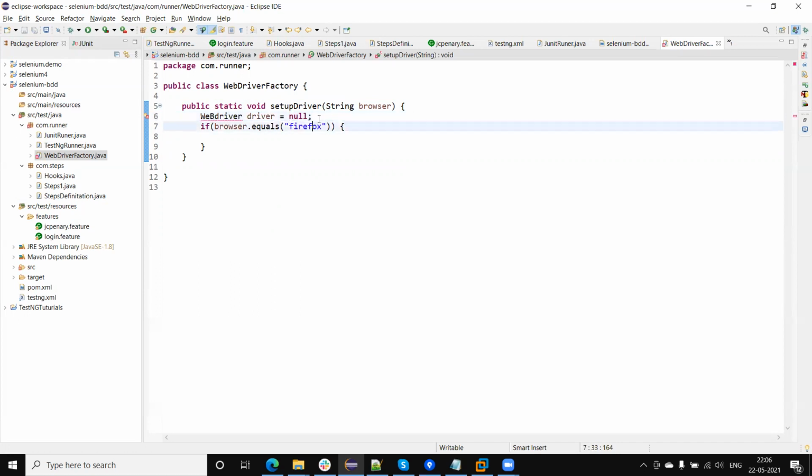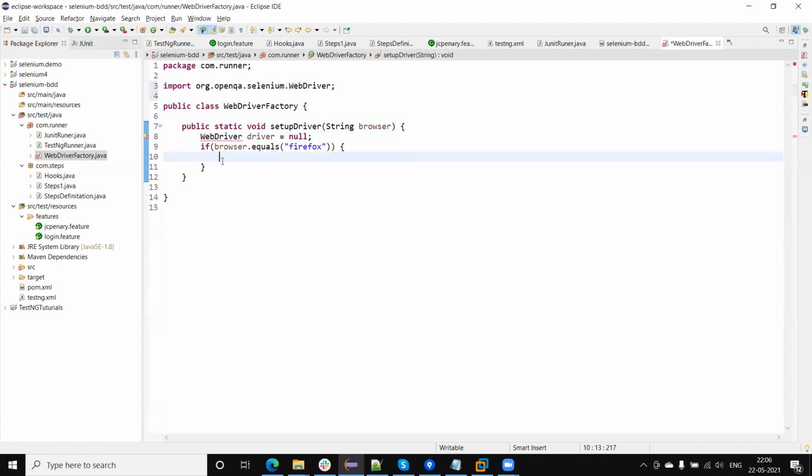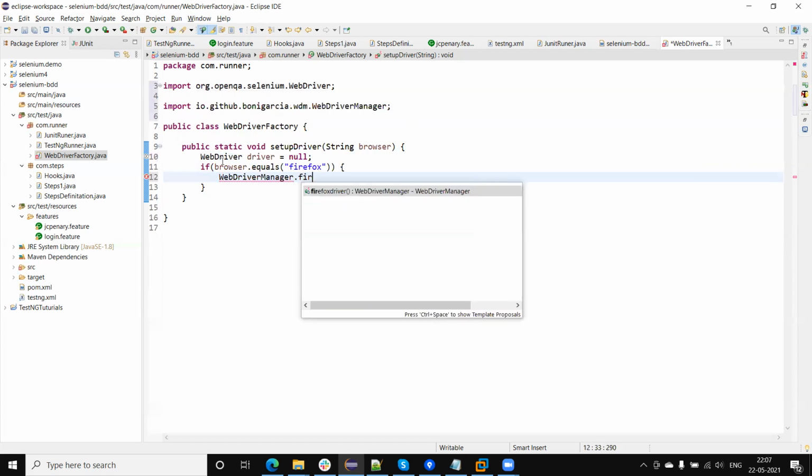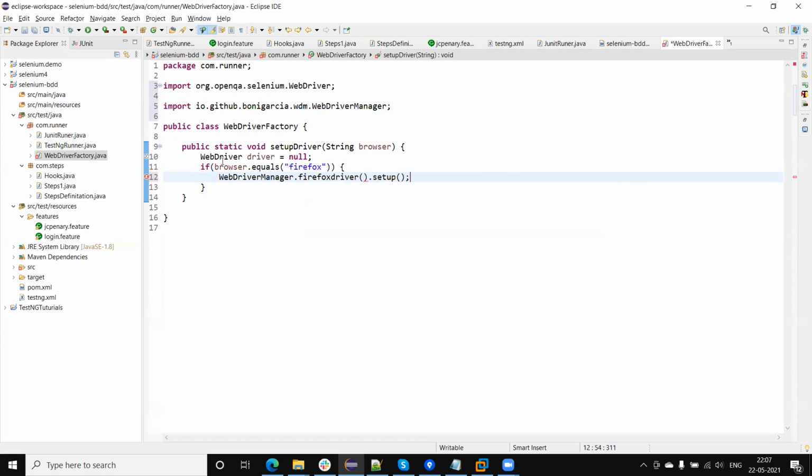Let me import. Now I'm going to create the object of the Firefox driver. First of all, I need to use WebDriverManager dot firefoxdriver dot setup.